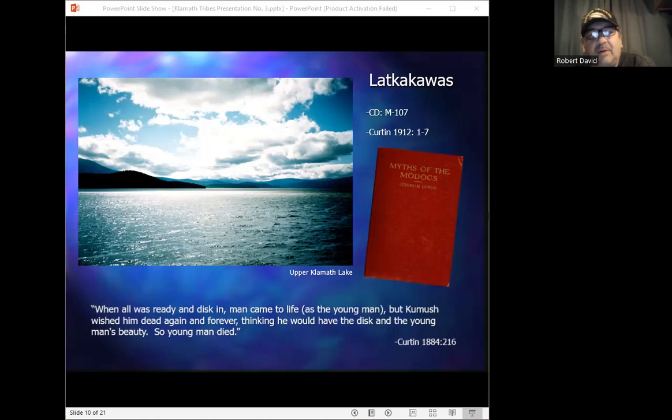At the last minute, however, Kamokamsh attempted to stop her from jumping in, but he missed her and managed only to rescue the baby. And so at the end of the day, then, Kamokamsh was left in possession of both the sun disk and of the child, whom he would eventually name Isis. Lakakawas, of course, wasn't so lucky.